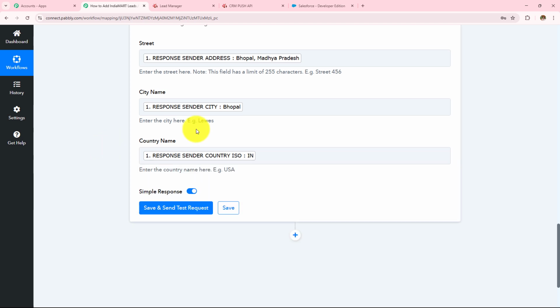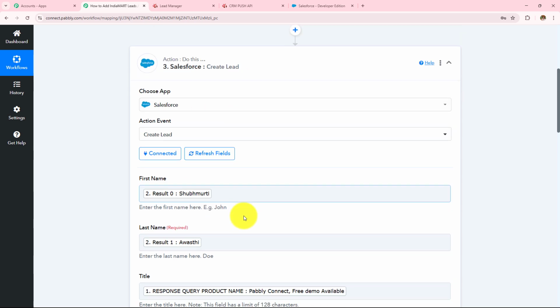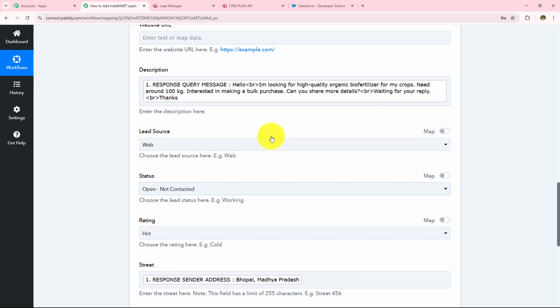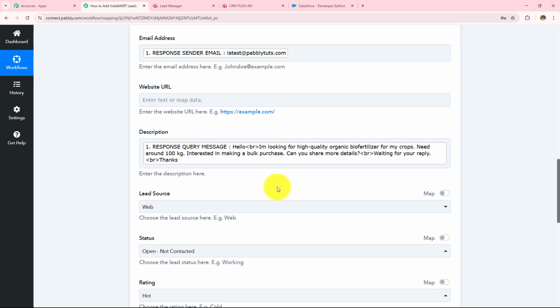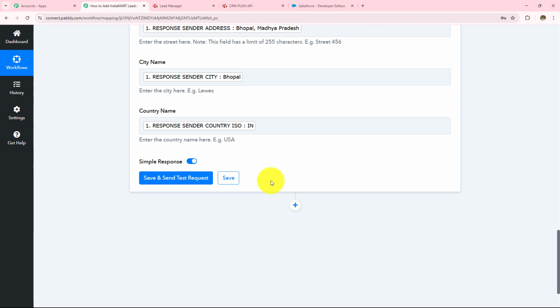Now over here, mapping is important so that every time you receive a new response, it is taken into consideration in these fields. Manually entering the data will make these fields static, and the information will not change even if you have received a new response. If I manually enter any detail, this field will become static, and every time I receive a new response, the result will not change. So to keep these fields dynamic, we use this process of mapping instead of manually entering the details.